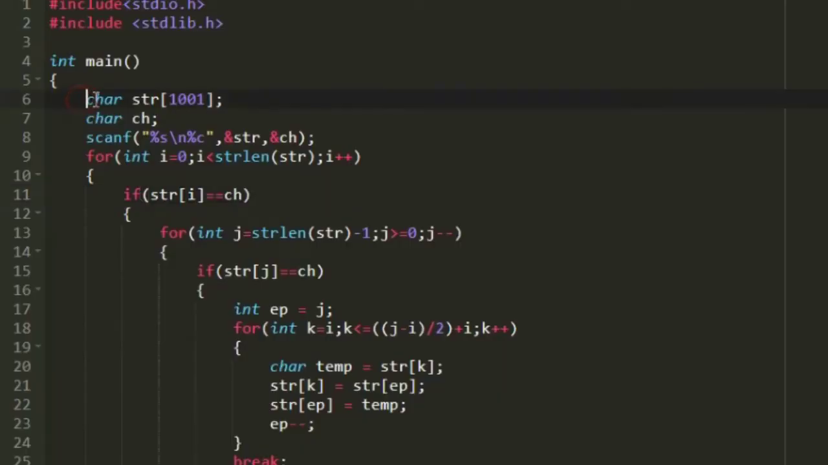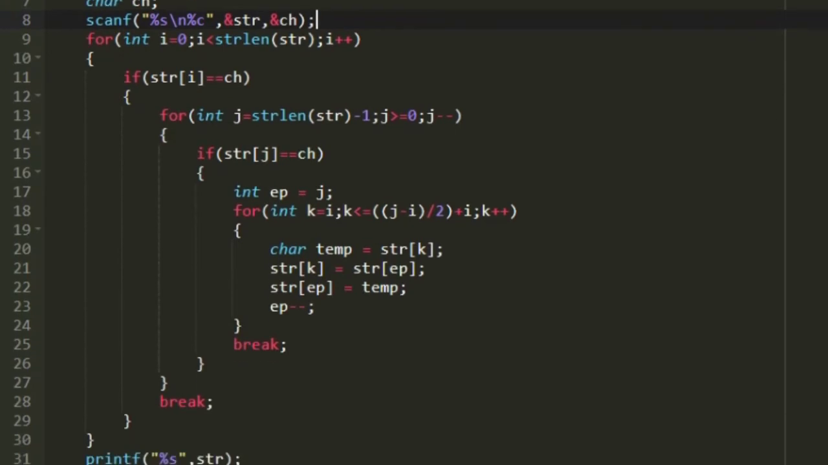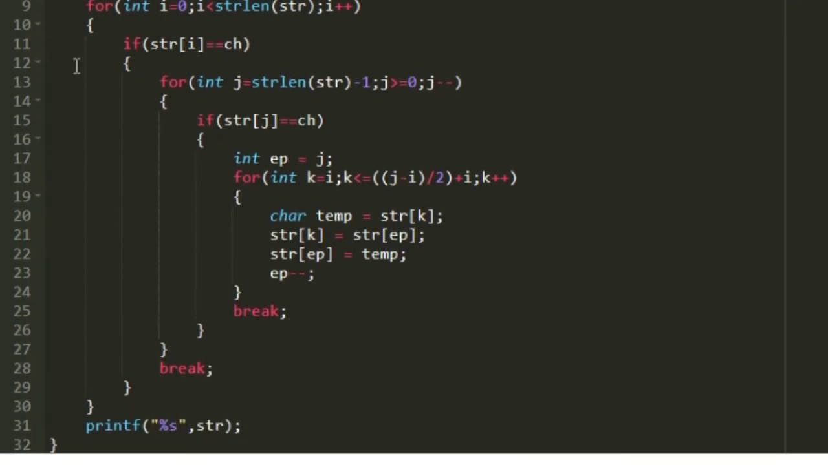First I am creating a new character array named str of size 1001 characters, and in the next line I am creating a new character named ch. Then I am accepting the input string and a character in two separate lines and storing them into the character array str and ch respectively. Now our task is to find the first and last occurrence of the character ch in the given input character array str. I am creating a loop that iterates from 0 till string length of str, and in